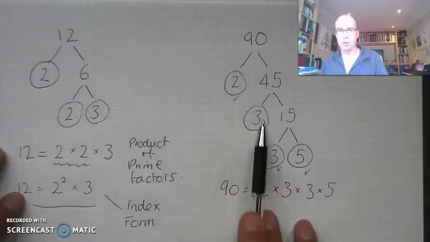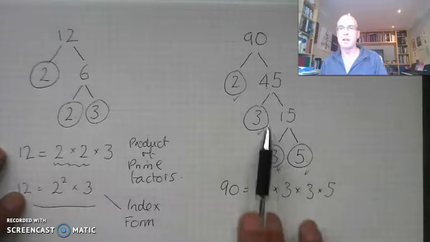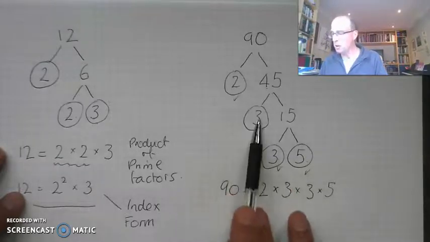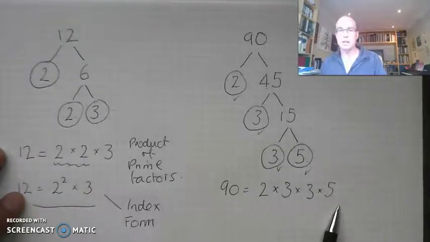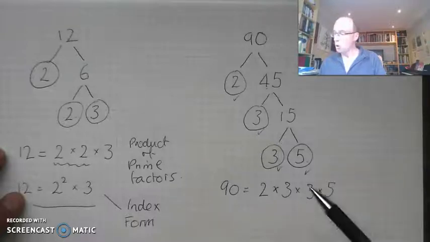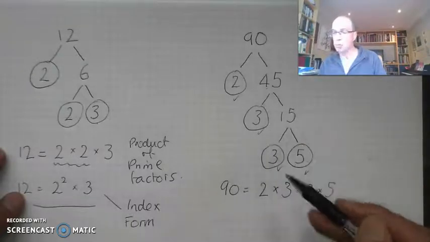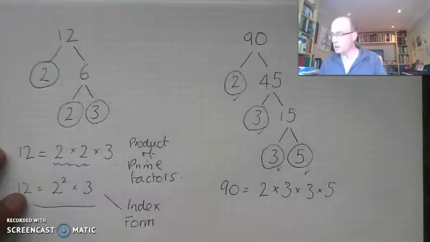I had 2, 3, 3 and 5, and sometimes they don't do that, so you might have 2 here, 5 and 3's over here. You can either write it out not in ascending order and then order them, or you can write them in and then tick off the ones that you've got, but always do that check at the end. So 2 times 3 is 6, times 3 is 18, times 5 is 90,